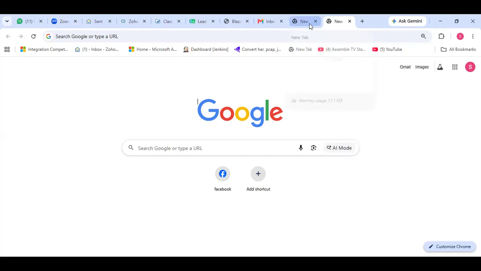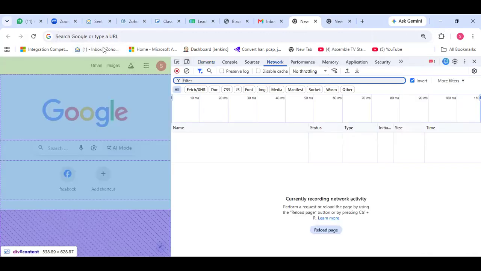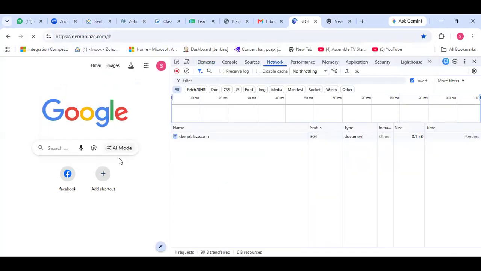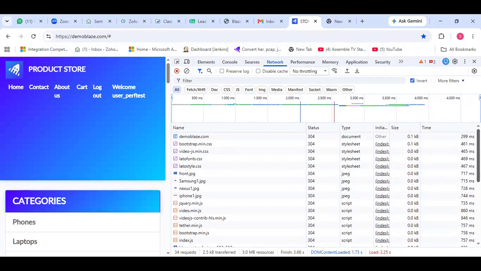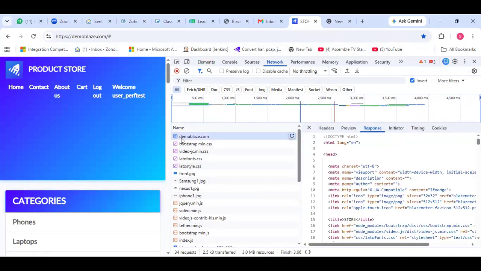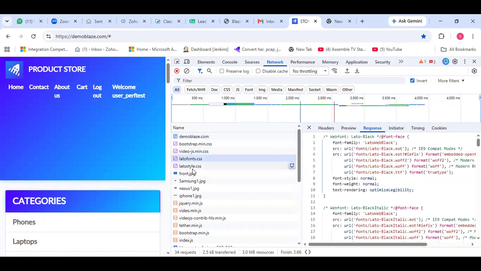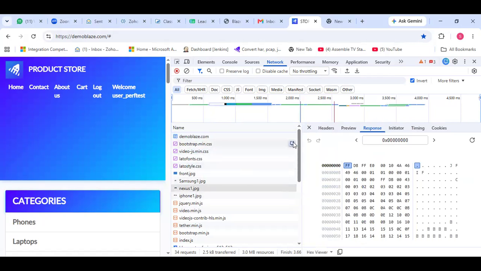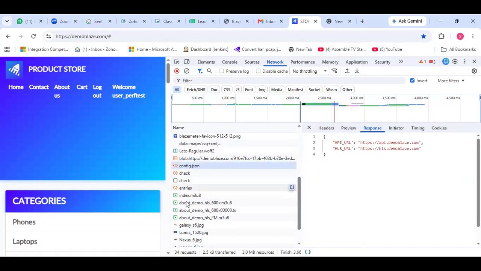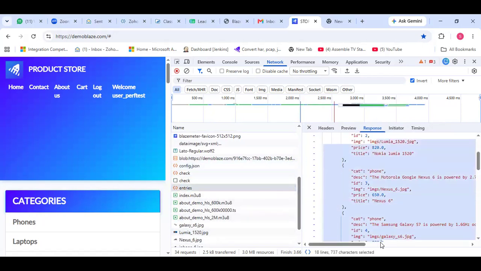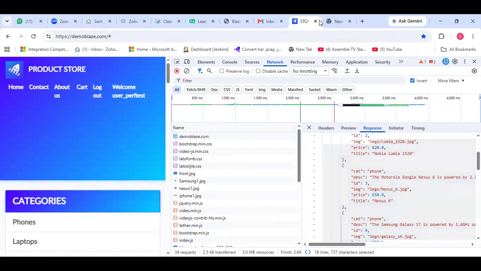So what happens when you do this? Normally this is our inspect, right, network. When I say demo Blaze, these are all captured at the advanced level. At the main level it will capture only this, only one. But what we need is, we don't want the browser ones. These are all browser-side activities, like JPG, but there will be some other requests coming from the server, like this one. This is also coming from the server. I don't want to miss this. Whatever is coming from the server we need to capture. For that you need to select